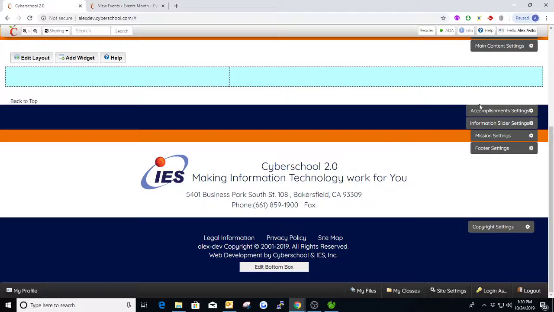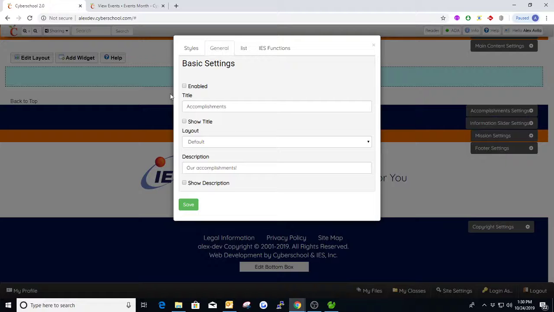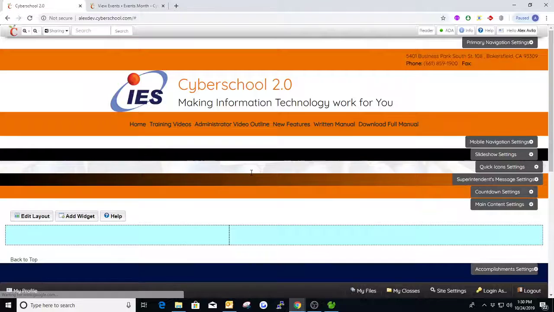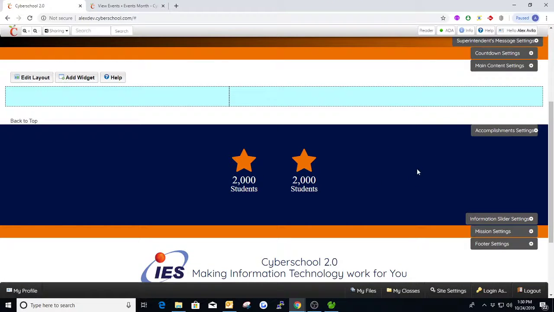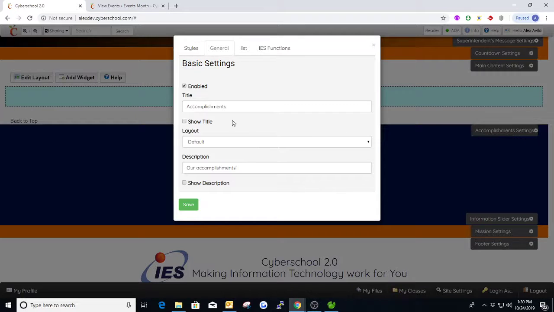Okay, so let's talk about the accomplishment settings, or this accomplishments module. Let's get this enabled and saved. The accomplishments module is really just used for bragging about your site. You'll see these two here, 2000 students, 2000 students. Let me reopen the accomplishment settings and we can show title, save,